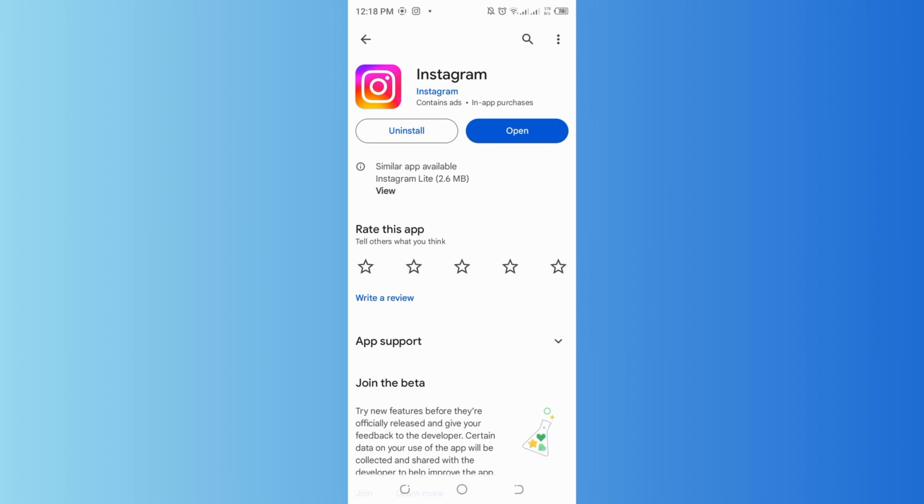And also, if you have access to multiple Instagram accounts, you have to try sending a message from a different account to see if the issue persists, and this can help determine if the problem is specific to your account or if it's affecting all users. And if none of the above steps resolve the issue, you can reach out to the Instagram